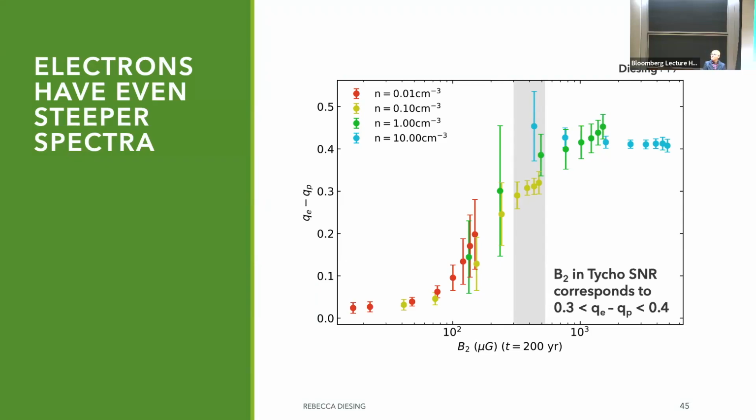You said you need Gauss fields in young supernovae? Yeah, if you make an argument where you have equipartition, which is not necessarily true, but if you go talk to the radio supernova community and you say you have equipartition between your electrons and your magnetic field, and then you have some synchrotron emission and you want to fit that normalization, you need a Gauss field to do it. How can you do it with the Bell instability going from microgauss to Gauss? Yeah, so you have a much faster shock, so the saturation point is even higher.